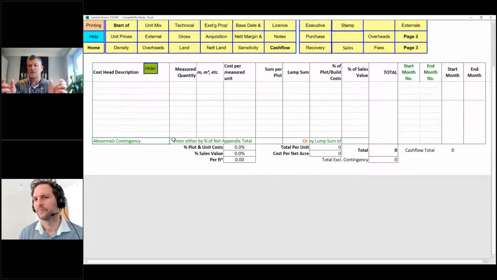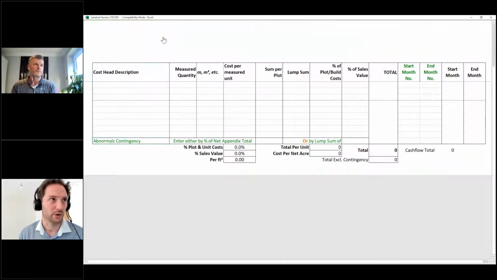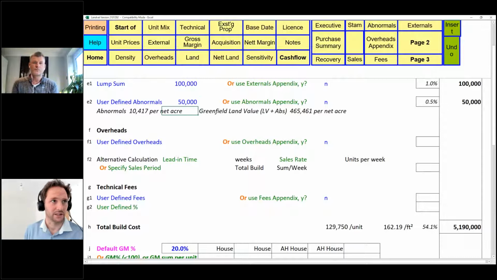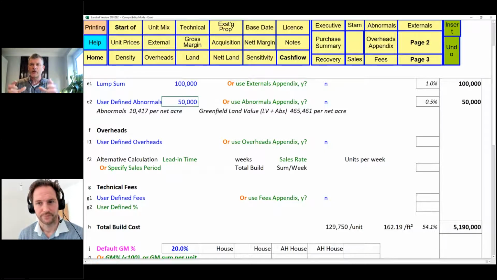So there's quite a lot of scope for putting in what you think is going to happen, and then plus a contingency. Okay. Andrew, one more question here while we're on this. I think it's fairly relevant. Does plotting density include driveways and half the road frontage? Yes, it would include the side, the back, and the front, and half the road that's required for that property.